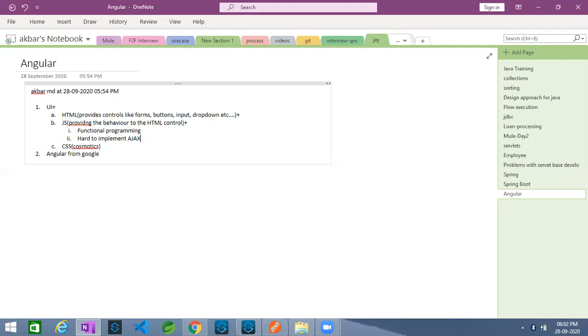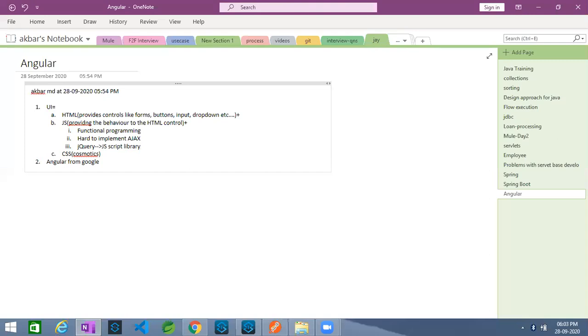Similarly, on top of your regular JavaScript, they came up with a couple of libraries which will make your UI development much easier. So the first library which exists in the market is jQuery. jQuery is a JavaScript library only, which is basically providing some sort of ease of development.